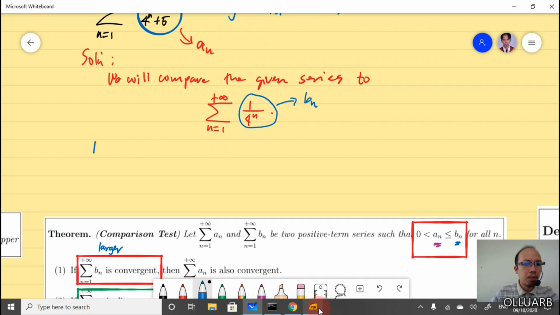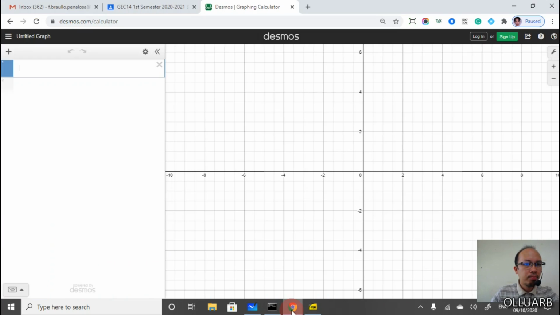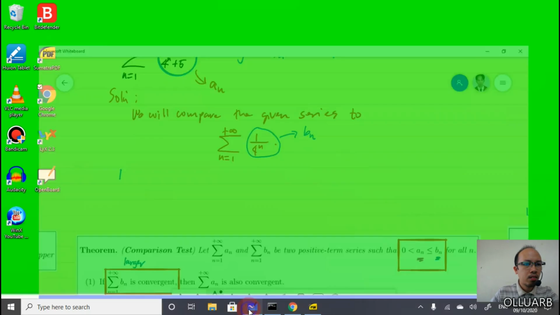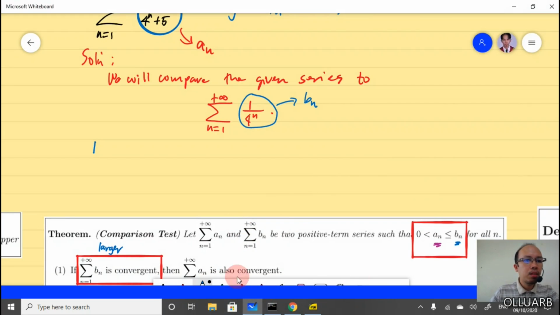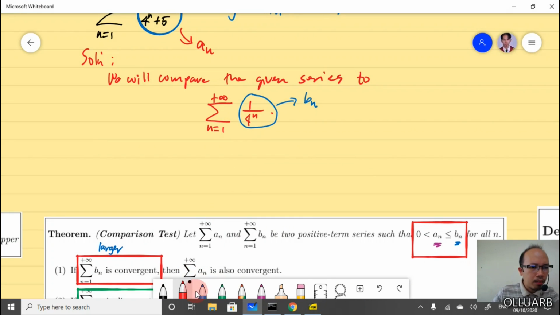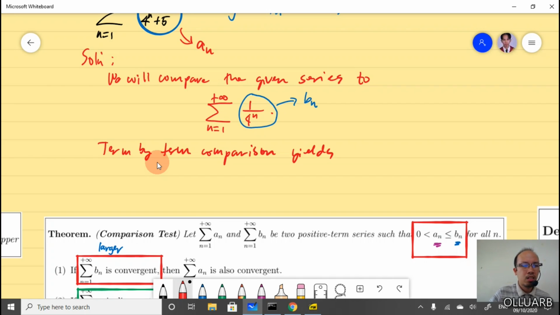Again, let's wait for the program to respond. What happened here is that, okay, term by term comparison yields,